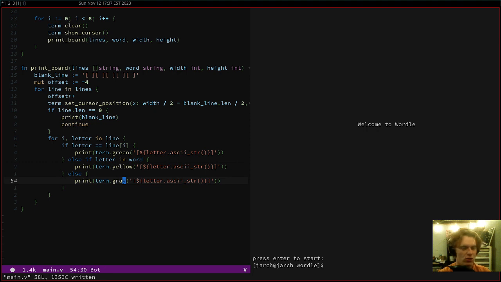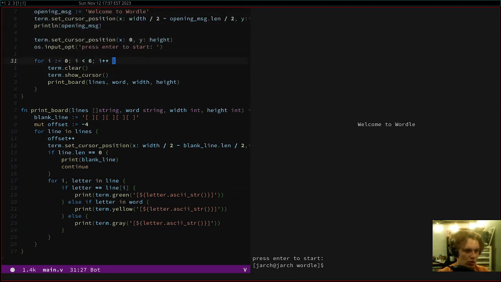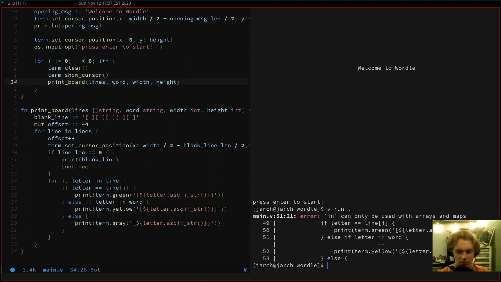So what this is going to do now is print out our whole game board. If they only have one guess, it's going to print out one line, and the rest of the lines are just going to be printed out and covered by this blank line. All right. So that should be it for printing out the board. So we should be able to see this now. This should just give us a full blank board, and then the game should exit. So we say vrun, and